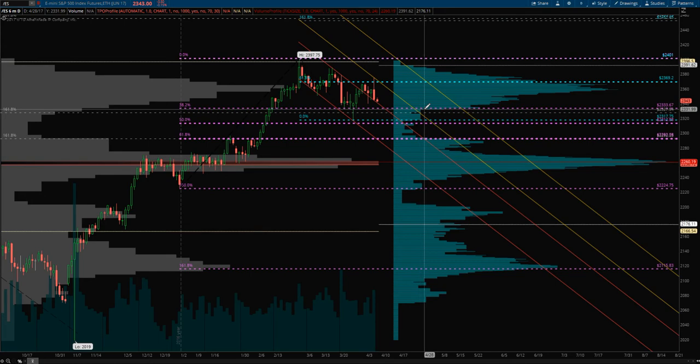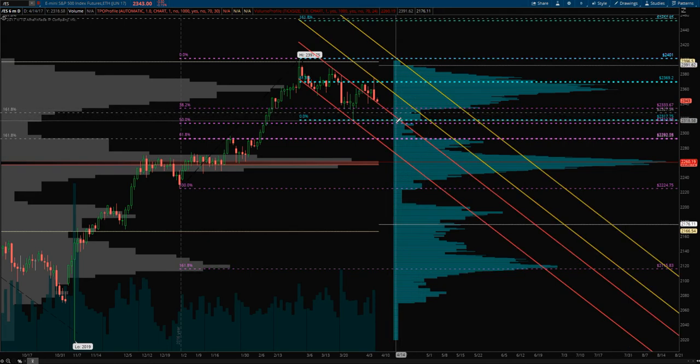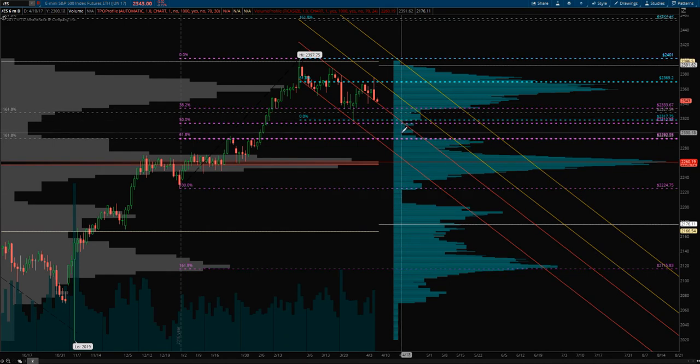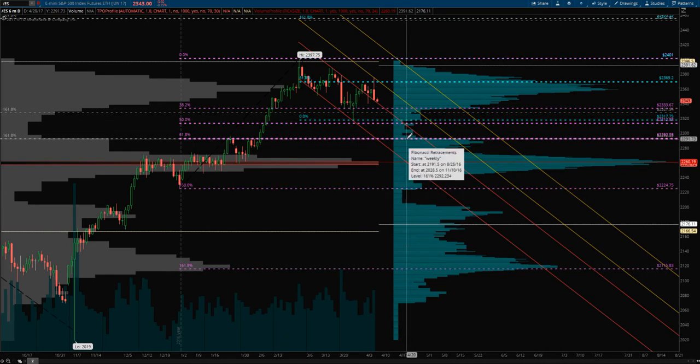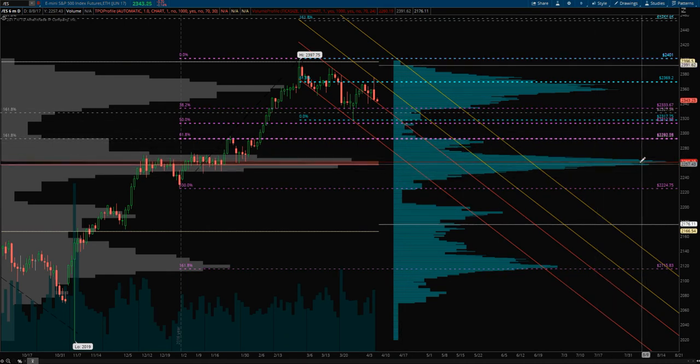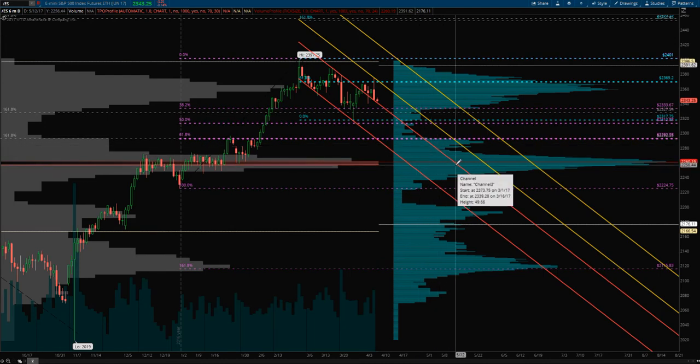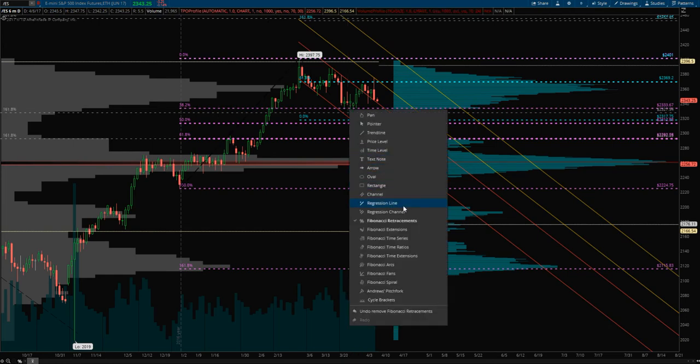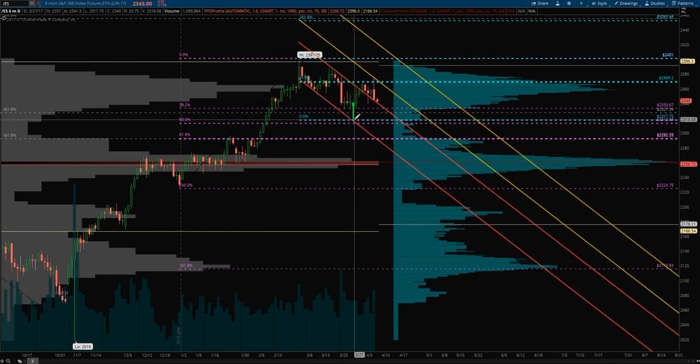Just to remind folks that there is quite a bit of a volume null in this general area from 23.33 down all the way down into about 22.92, with the 6-month POC sitting all the way down here at 22.60. So about another 80-point move just to get down to the POC on the 6-month. I'm not saying that that's going to be what happens, but it's certainly something to watch for. We could also